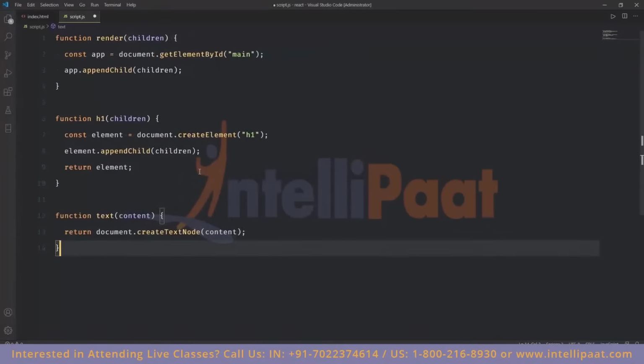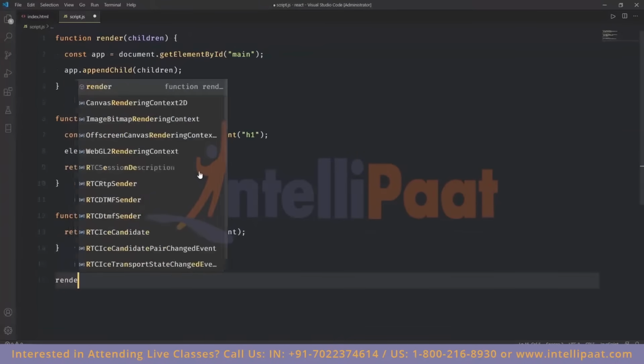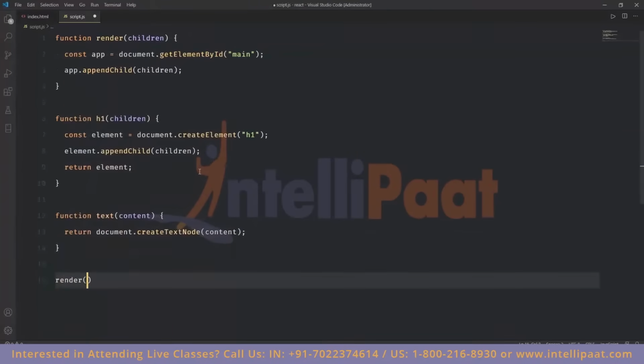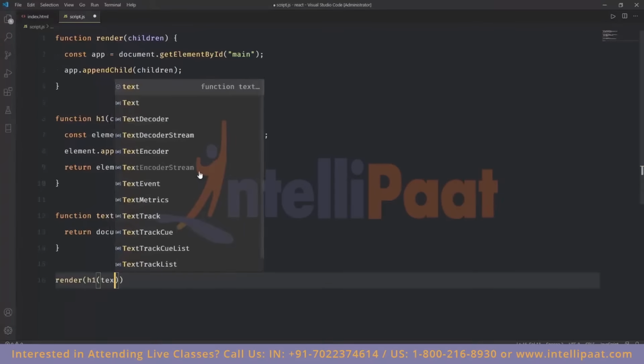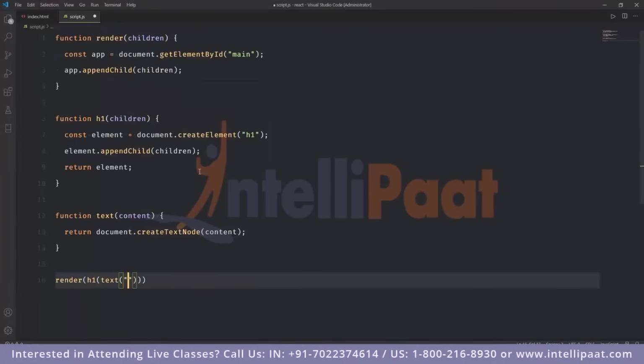And now all we have to do is compose these functions with each other. We need to call the render function. We want to create an h1. Inside the h1 we need to pass in the text. The text would be "UI without React". Save it. After manually writing all those functions and creating everything, if we rerun our app, I think we've run